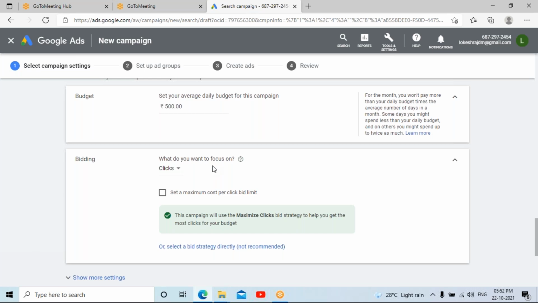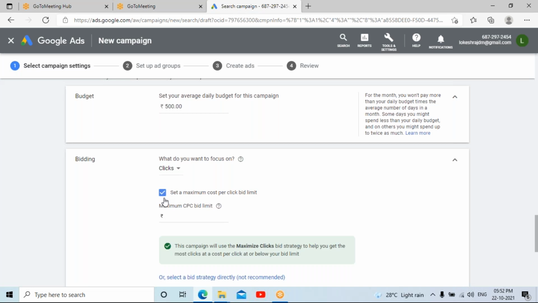If you want to specify how much you are ready to bid for it, I can click on this and give the value for every click, how much you are ready to spend. But it is always suggested that at the initial time of doing the advertisement, better to go with auto bidding rather than giving it manually. Sometimes you may not give the right value, overvalued or undervalued, and then it will be a problem to your advertisement. Let it be as auto bidding.